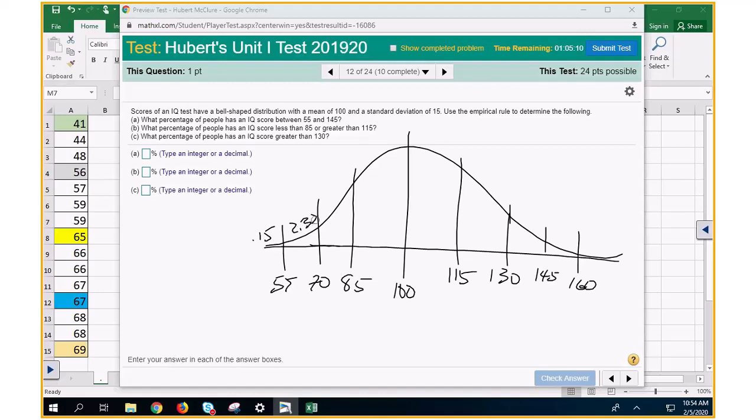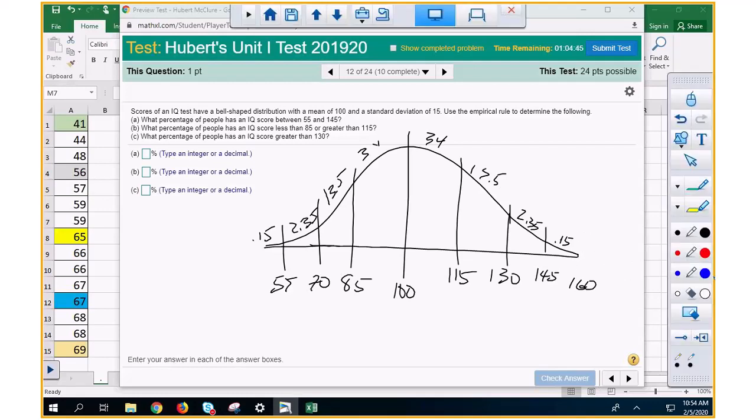0.15, 2.35, 13.5, 34, 34, 13.5, 2.35, and 0.15. I have too many. That's what messed me up. I have too many of these. There, there we go. Now,